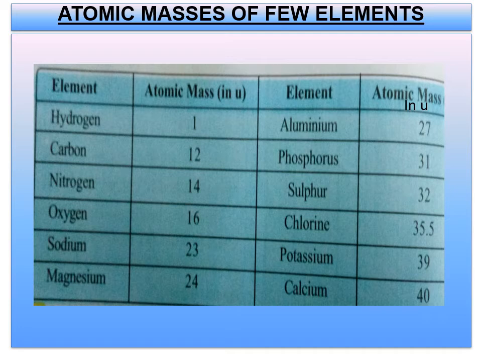Atomic masses of few elements are given here, and you have to remember these atomic masses of few elements, children. Hydrogen 1, carbon 12, nitrogen 14, oxygen 16, sodium 23, magnesium 24, aluminium 27, phosphorus 31, sulfur 32, chlorine 35.5, potassium 39, calcium 40. All these elements, whatever the list is present here, you have to write all the elements along with atomic mass, and you have to learn them by heart. So each and every table what you have seen in the textbook or in my videos is very much important for you to remember. You have to mug up everything.